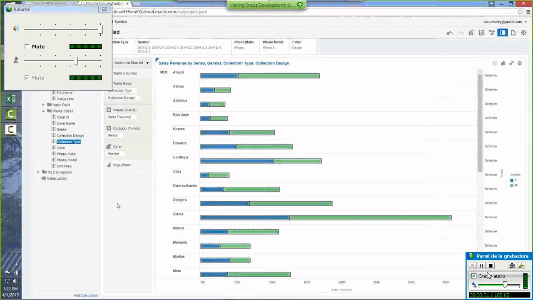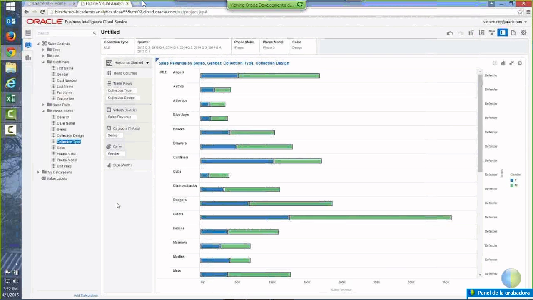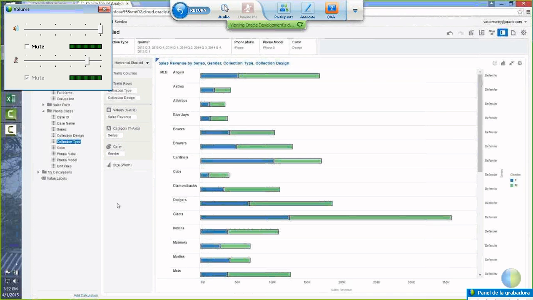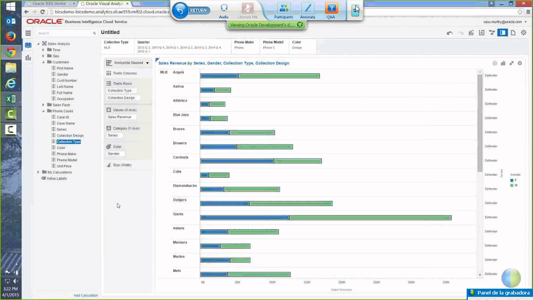But where can I go from here? Maybe I'm not a baseball expert. I don't know too much about last year, but I'm sure there are elements of how the team performed last year that impacted their sales and will impact future sales at the baseball season. So I don't have the data required for that analysis in the system right now, but I do have